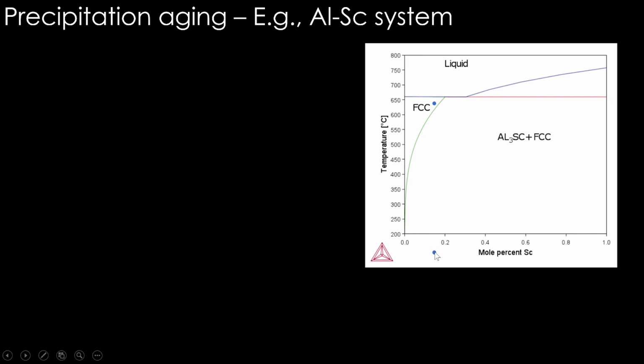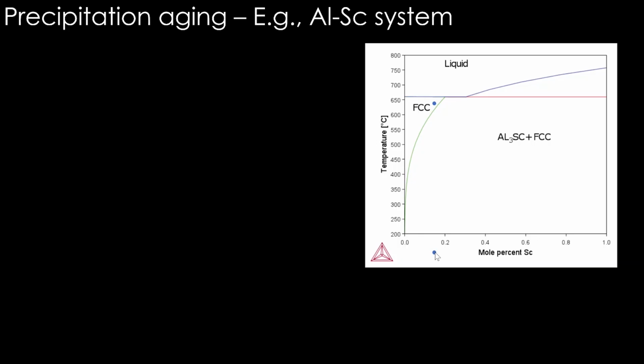So at this temperature, quenching, or rapid cooling, is done. It is like taking that FCC at high temperature and putting it in water at room temperature, or anything at lower temperature than room temperature, so that the single phase FCC is frozen. It does not nucleate any Al3Sc and grow during this cooling. So once we ensure that the single phase solution is formed, according to equilibrium, this is a two phase region. This Al3Sc plus FCC region is going like this. So obviously at this temperature also it's a two phase region.